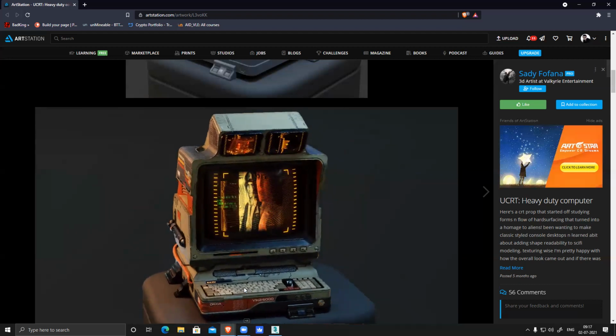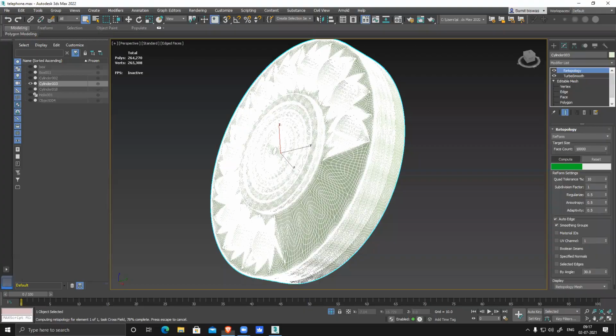Okay. So this is fine. Still computing. I should have shown it on a simpler model, I believe. It's almost done. But this particular modifier makes your life way easier.